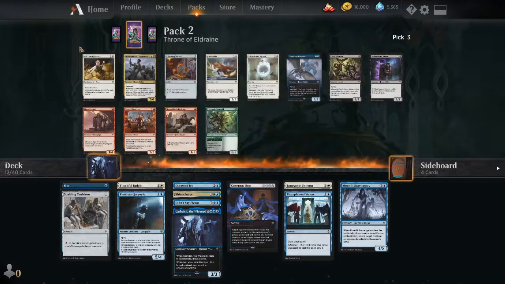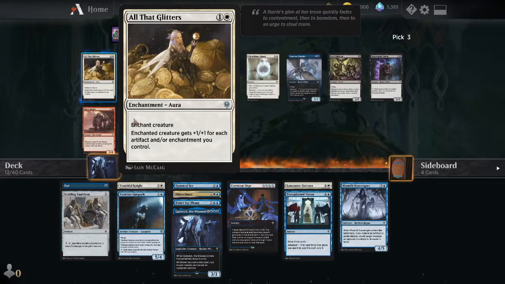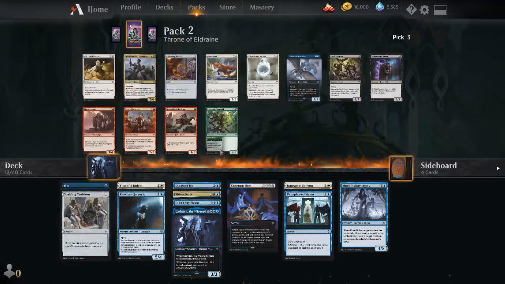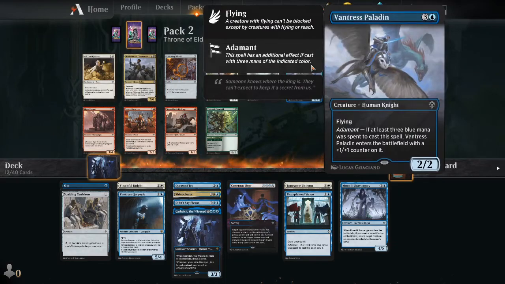So here we're at a crossroads. We could play the All That Glitters and try to move in on this blue-white artifacts and enchantments deck. Or we could pick up the Vantress Paladin here and just move in on the mono blue sort of tempo-y deck. I don't think I've played just straight mono blue before, so I'm going to try to go for that. I've played the blue-white